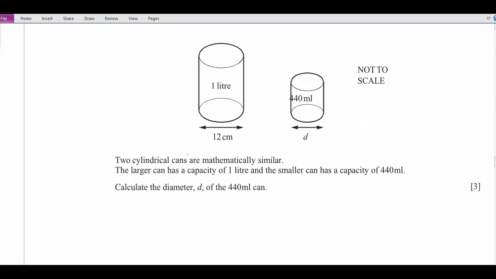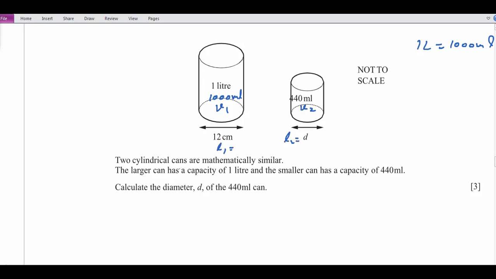One more thing, when you are dealing with volume or area, make sure the unit of both should be the same. In this case, the unit is liter, and in this case it is milliliter. So change this also into milliliter. This is liter, so make it in milliliter: 1 liter, remember, is 1000 milliliter. So in its place, you can write 1000 milliliter. So you can say this volume is V1, this volume is V2. Say this is L1 and this is L2.